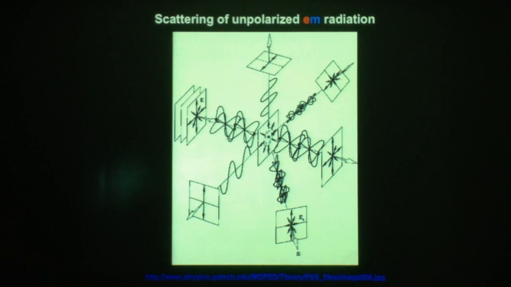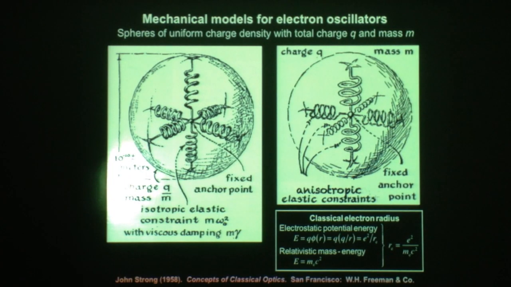We have pretty much unpolarized electromagnetic radiation. So all of these directions of polarization would be components of the incident beam on the electron. And if we have those unpolarized